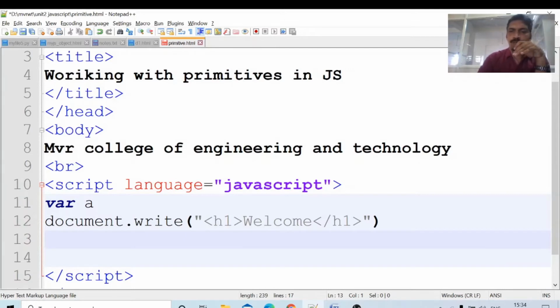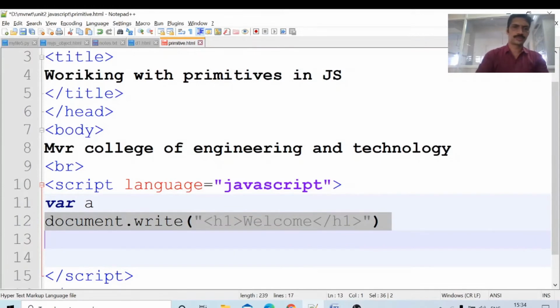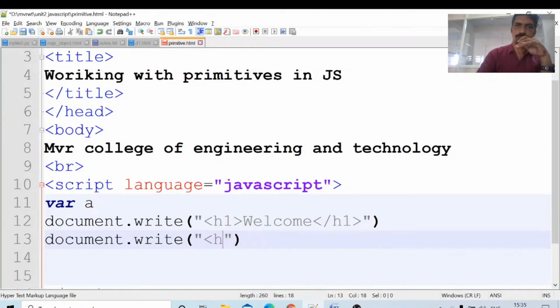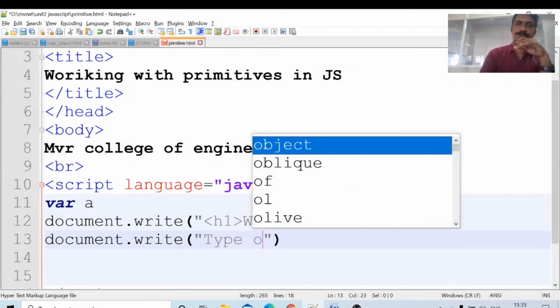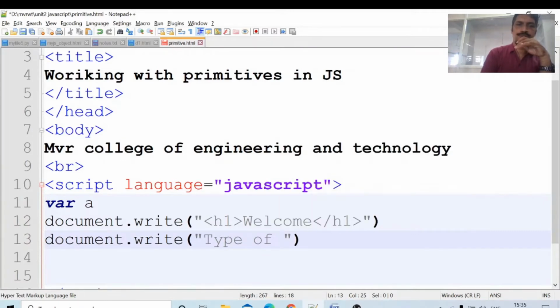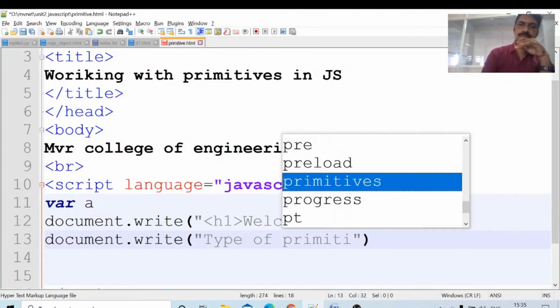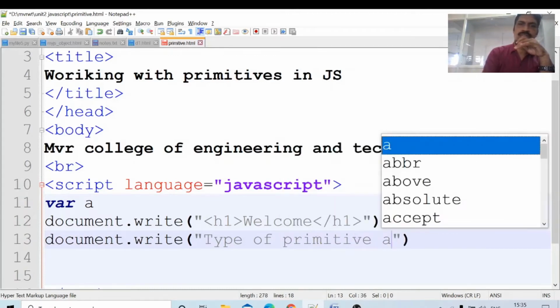Document dot write, type of variable, type of primitive A is.